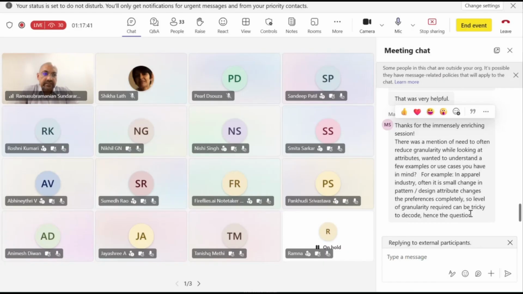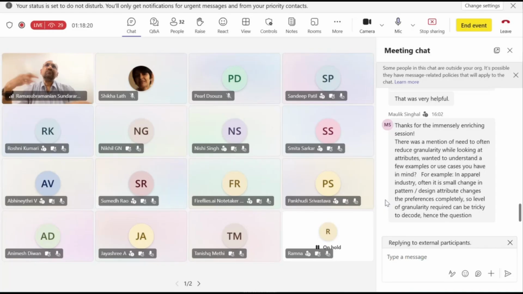So let's take an example. If we take color versus pattern, for instance, there could be very small design attributes that change. Somebody may have a self-patterned dress, whereas somebody else may have a pattern that looks like plaid or a whole bunch of these things. Now, your preferences do change based on this, and it's useful to track that. What it helps to do is some analysis around which of these preferences are more important to my customers, which of these are less important.